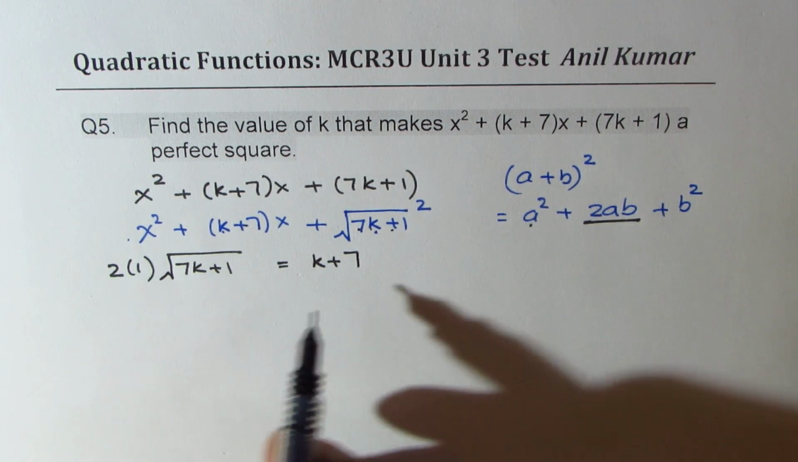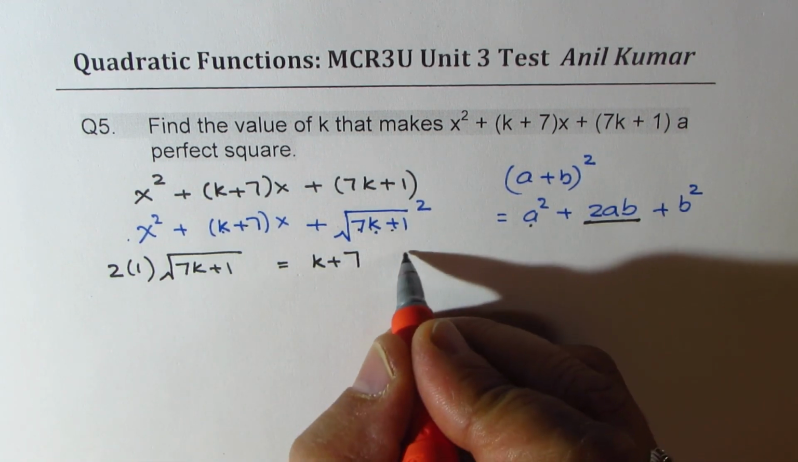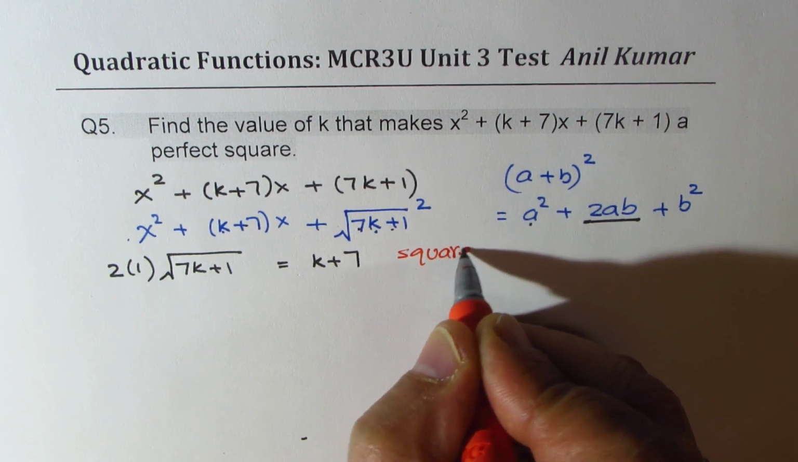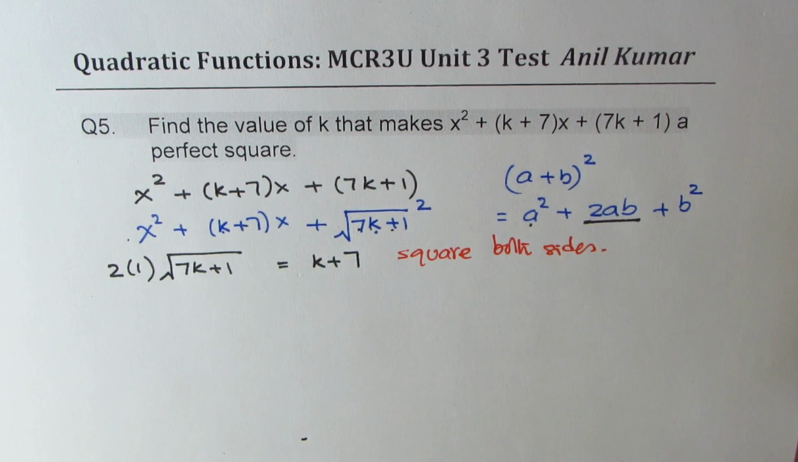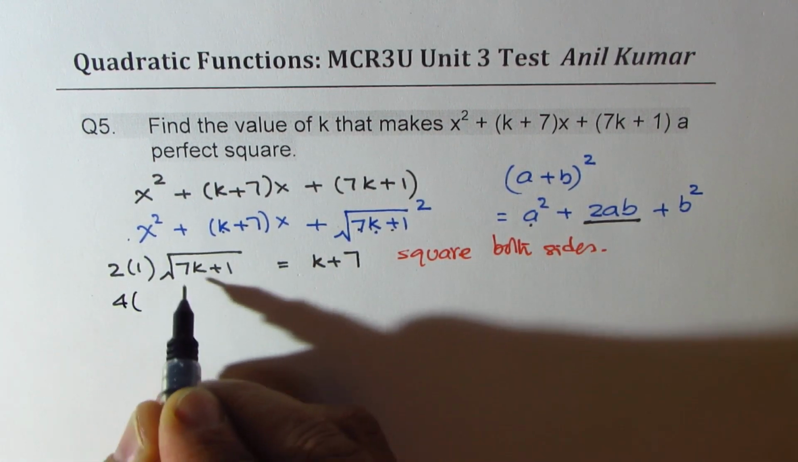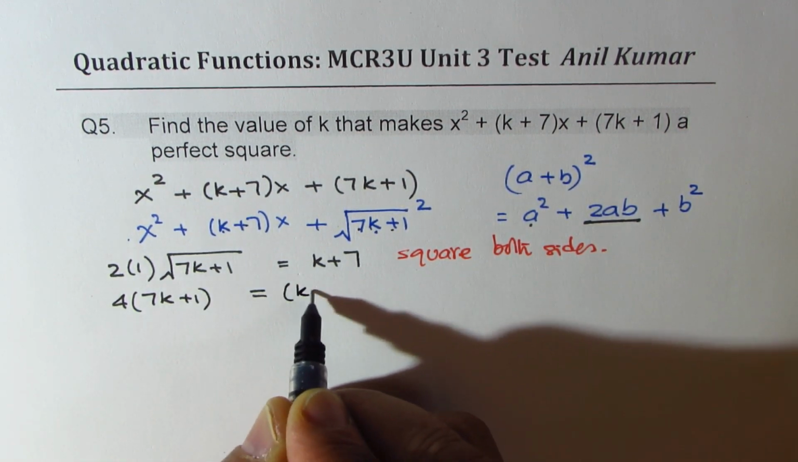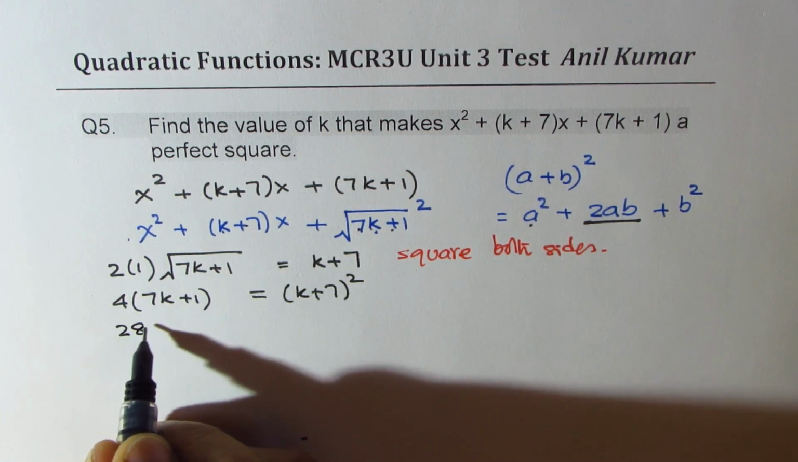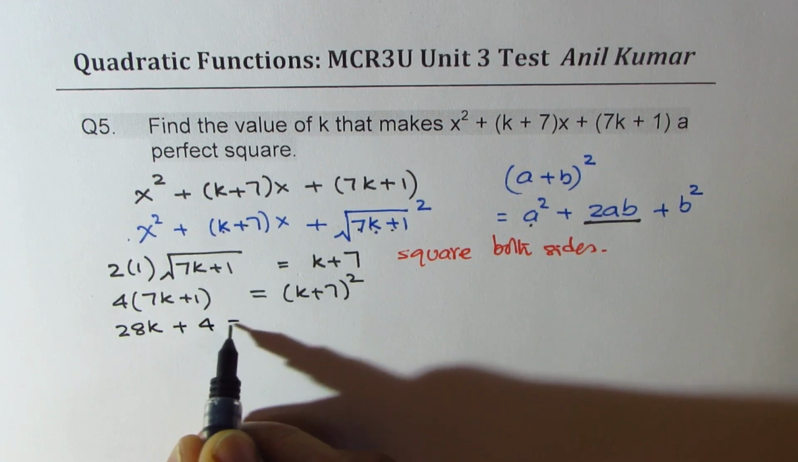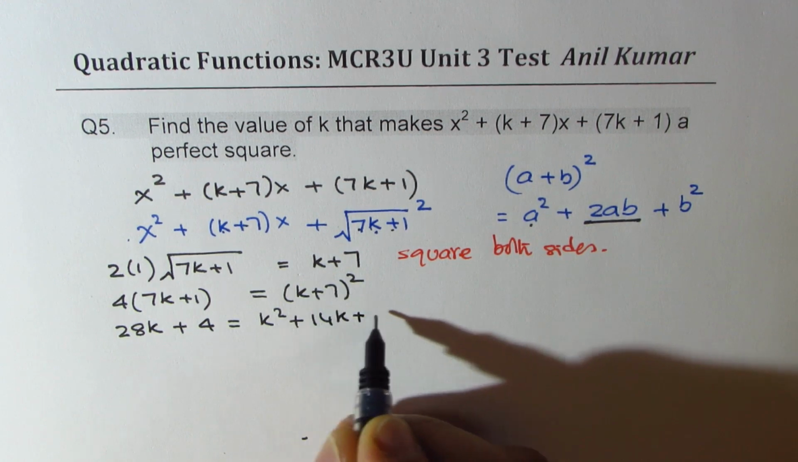Got it? To solve for it, let us square both sides. We are going to square both sides. Then what do we get? 2 becomes 4. So we get 4 times 7k plus 1 equals k plus 7 whole squared. So let's expand this. So we get 28k plus 4 equals k squared plus 14k plus 7 squared is